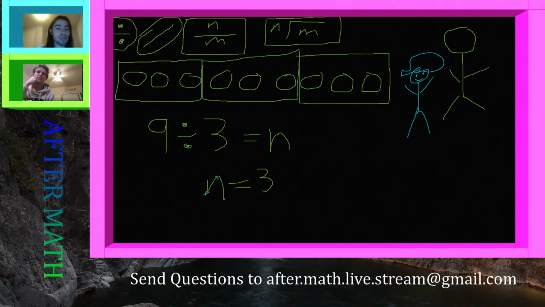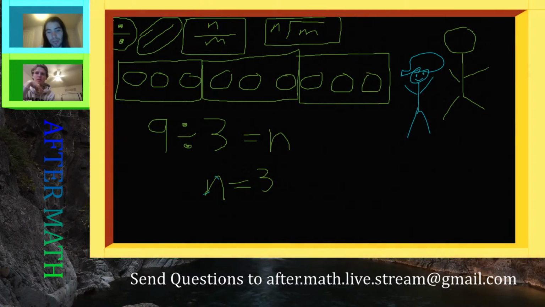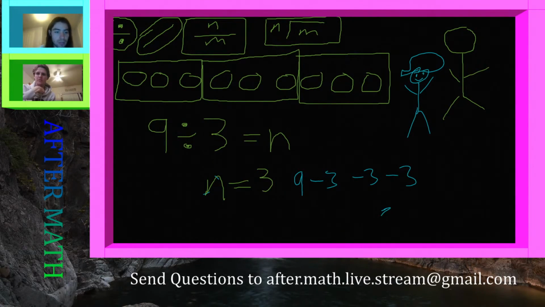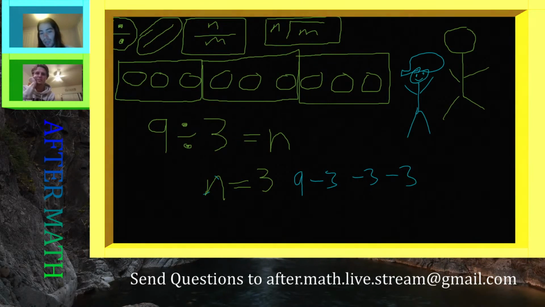But you can still do the inverse, right? Which, Jaden, what you did here was you did 3, then 3, then 3. So just like multiplication, we could do 9, and we could do -3, -3, -3 until we got to 0, right? So it's the same thing as multiplication, where multiplication is addition, and then division is subtraction, trying to get as close to zero